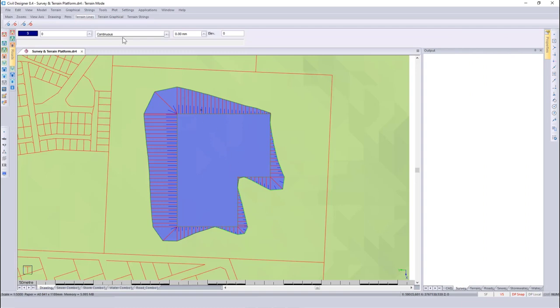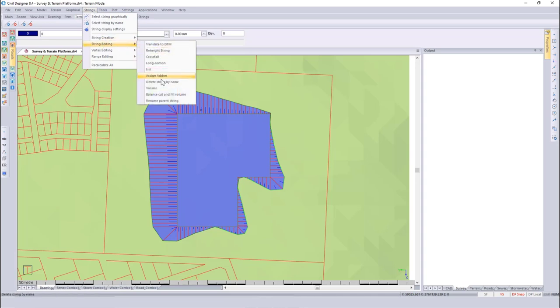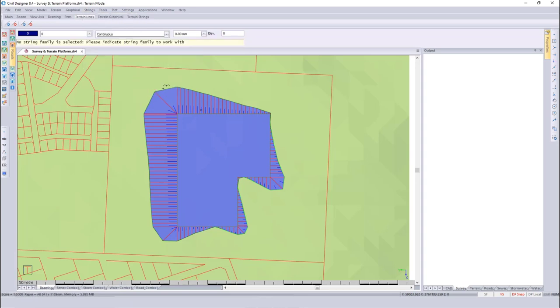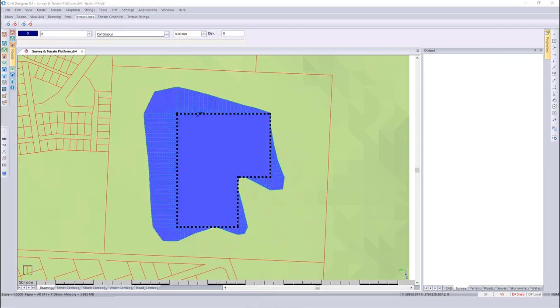Let's look at the volumes. I do so by going to strings, string editing, and selecting the volume option. Specify which string family I'm working with. I can go and specify topsoil to strip, as well as a compaction factor, which not a lot of software programs can do. With the topsoil to strip, it is the depth of the topsoil to be stripped before fill